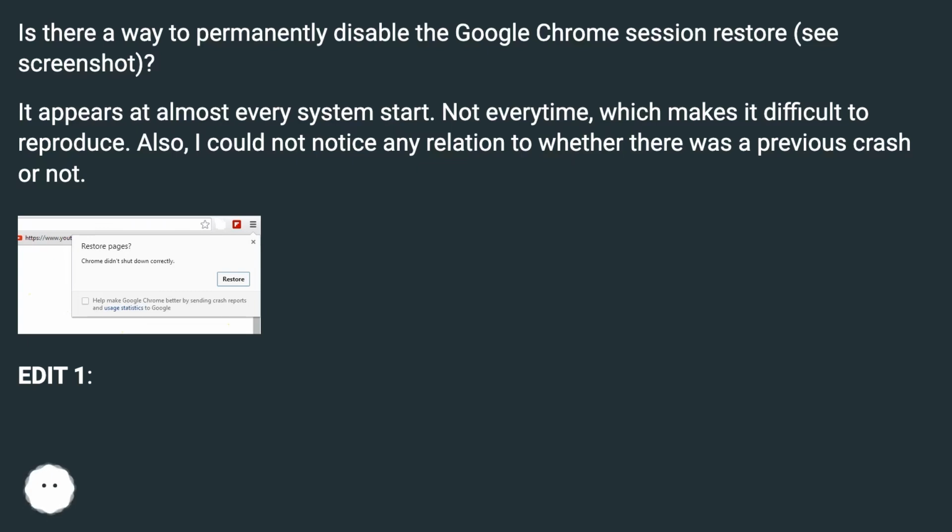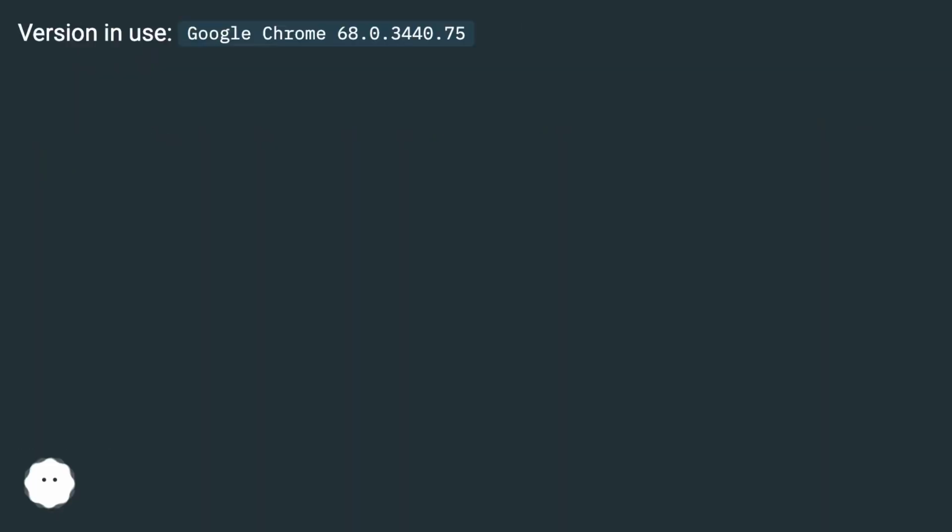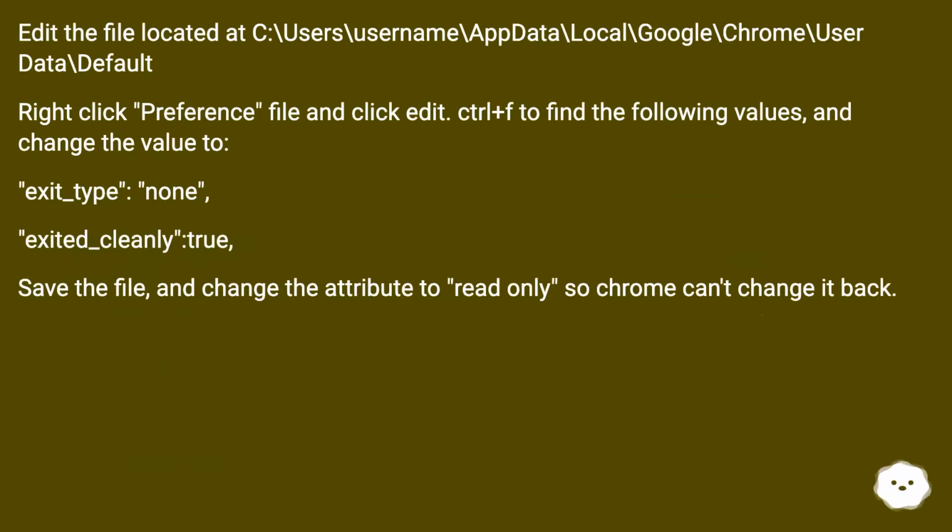Edit 1. Version in use: Google Chrome 68.0.3440.75. Edit the file located at